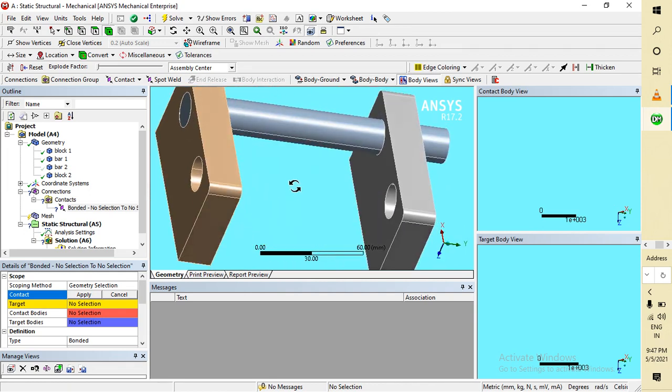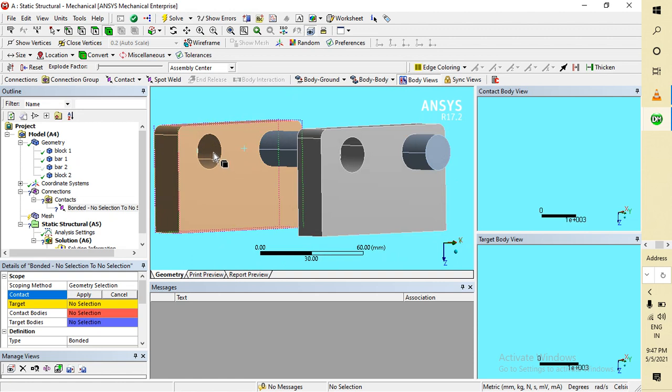I always forget, because I make 3D designs in CATIA, and in 3D design there is another system to zoom in and zoom out. So it is selecting all the parts. Now with control, okay, this is our contact body.